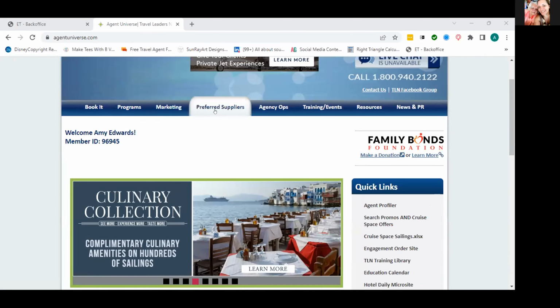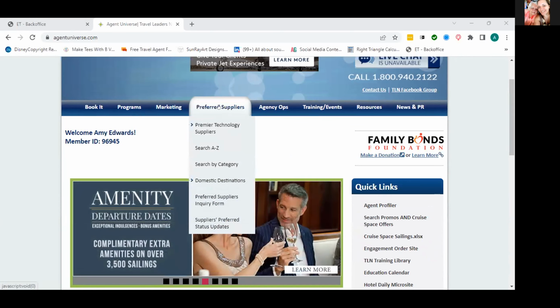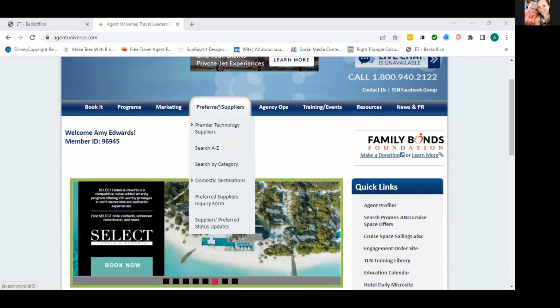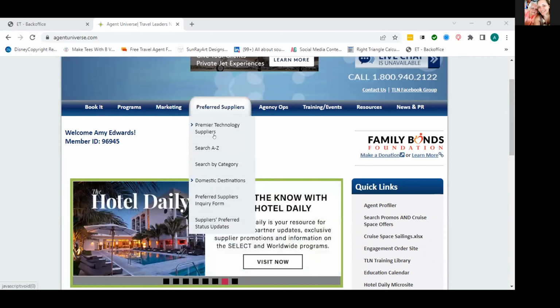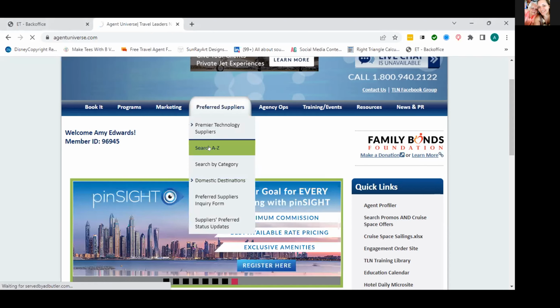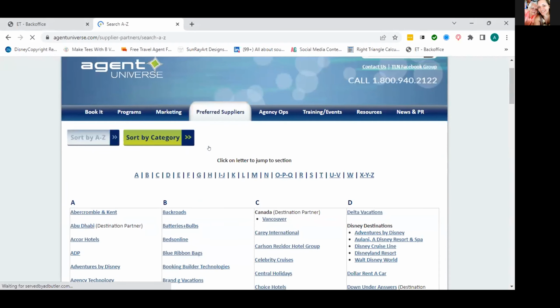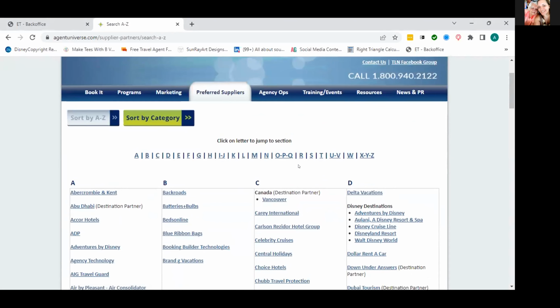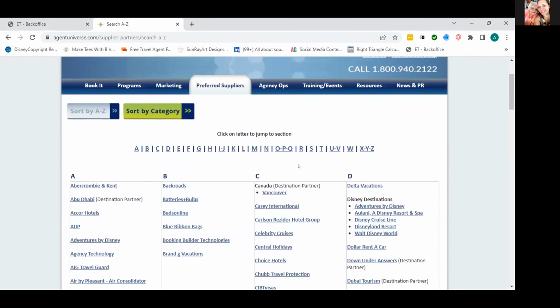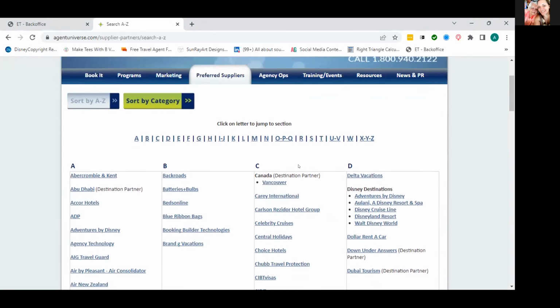The first thing I want to show you is going to be the preferred suppliers. I think this is really helpful because, as I said, Archer Travel gives you links to their preferred suppliers, but it's not links and information to all of the suppliers available. So in Agent Universe, if you go to the preferred suppliers tab and you search from A to Z, you're going to be able to see a pretty large list of preferred suppliers and vendors that are available to